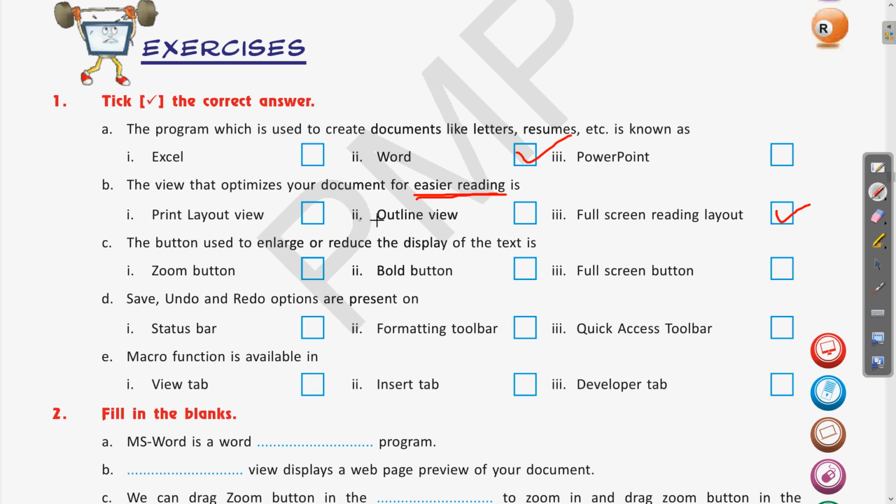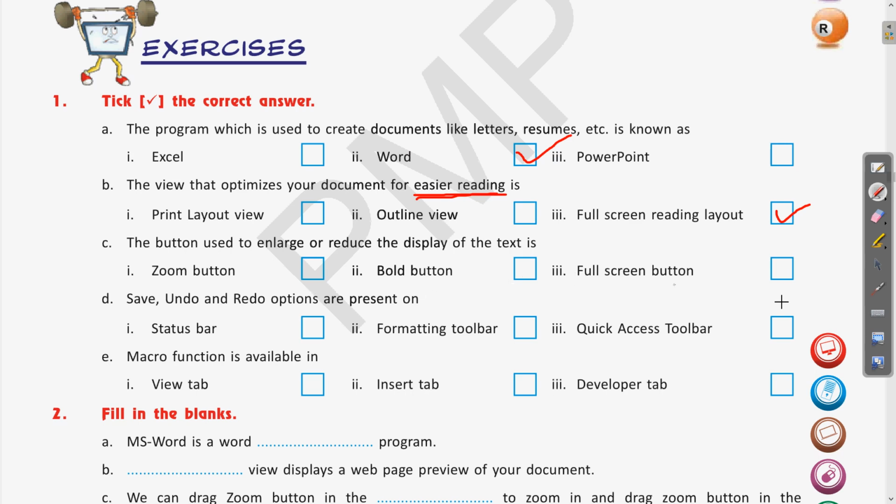Then outline view, we have seen that the main headings or the main portion of the document will be displayed in the outline view. But full screen layout is used for making the document visible in an easier reading mode. Clear? So the answer will be full screen reading layout.